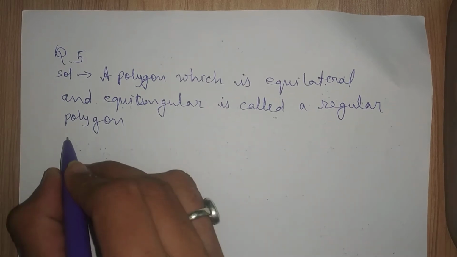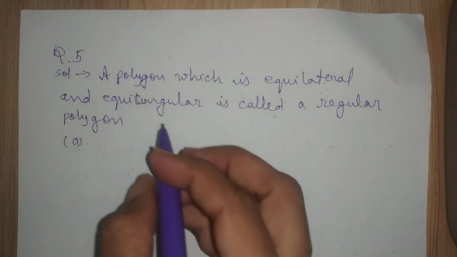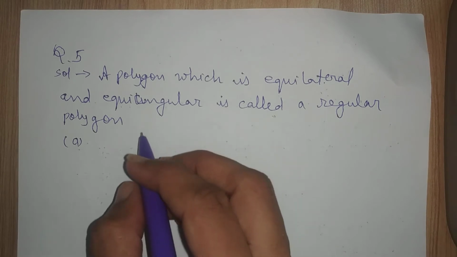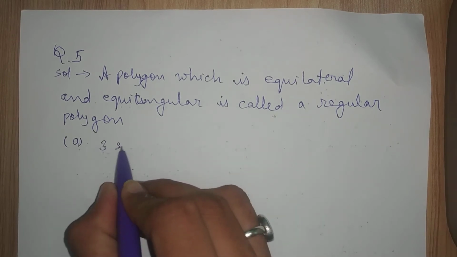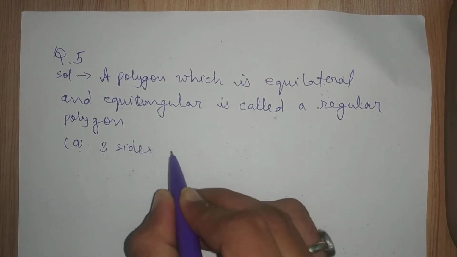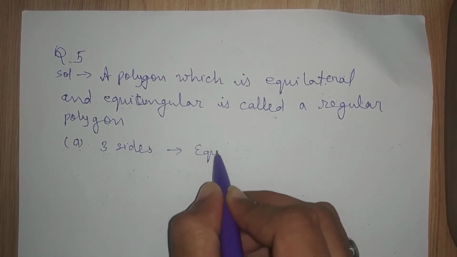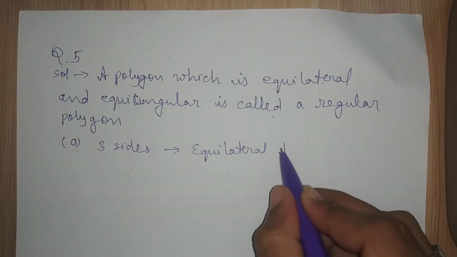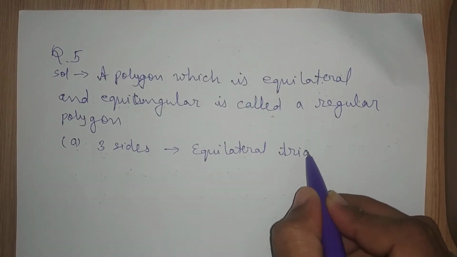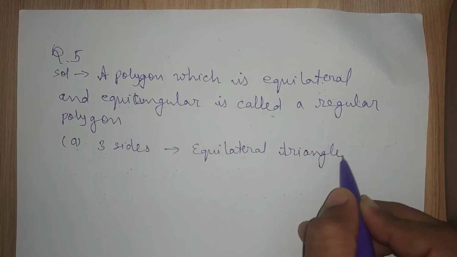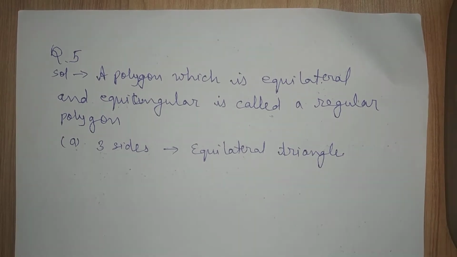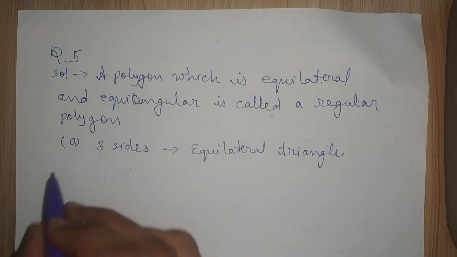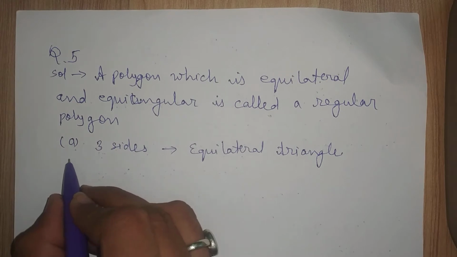Now the first part is a polygon with three equal sides is equilateral triangle, because in a equilateral triangle all sides are equal and all angles are equal of measure 60 degree. In second part,